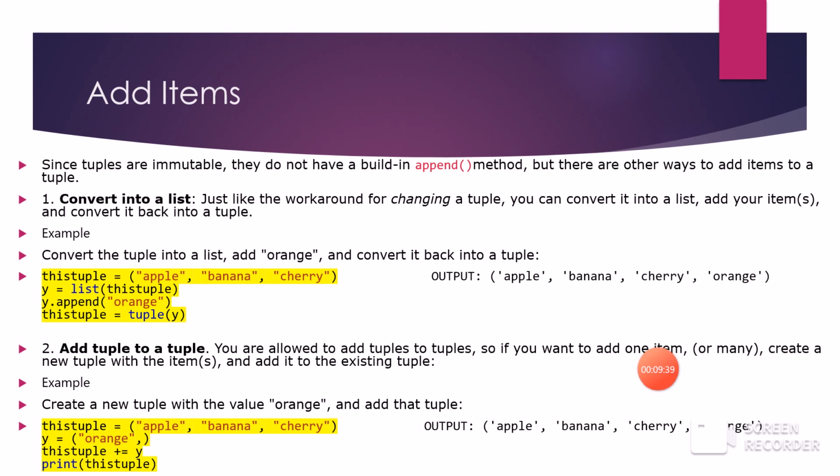The next step is to add a tuple to a tuple. So we can see in this example, this tuple is equal to apple, banana, cherry, and y is equal to orange, which is another tuple, and this tuple plus equal to y. So this tuple is equal to this tuple plus y. So the new tuple